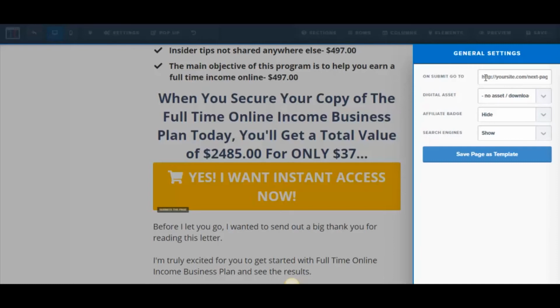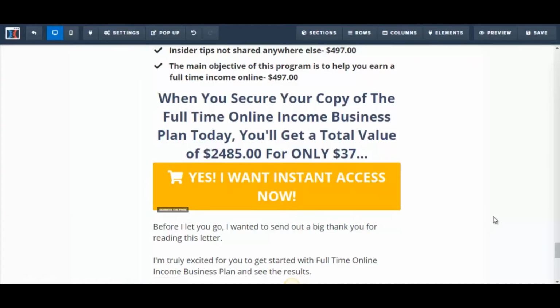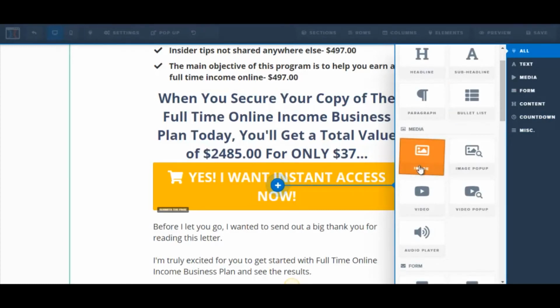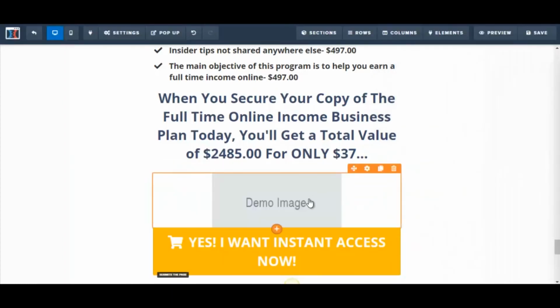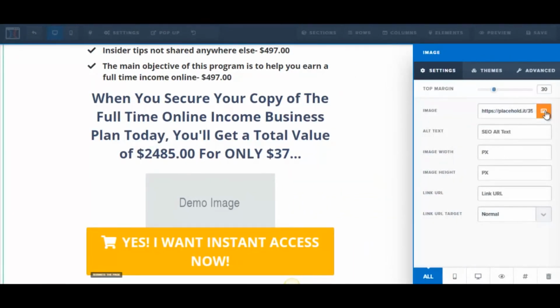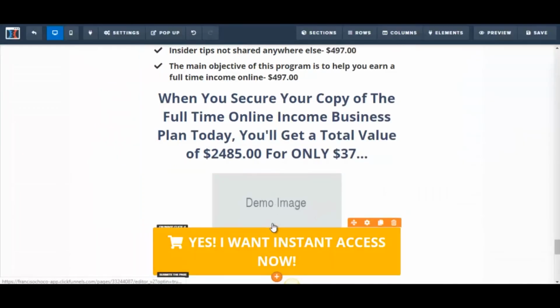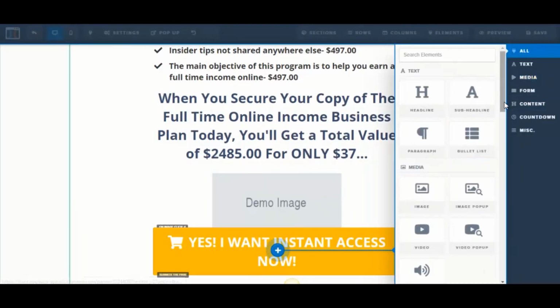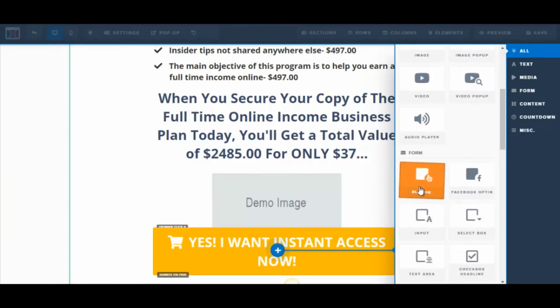Now if you want to use a different button, what you could do is delete this and you just click on any of these things here where it says add new element, and you could go to add an image. Okay, click on that, and then you would just choose your image from here. You could upload it, and then you would enter the link URL down here. Okay, another alternative is to add new element, and instead of selecting image, you could go to button,